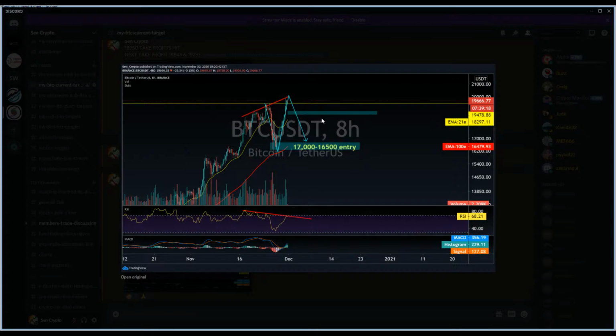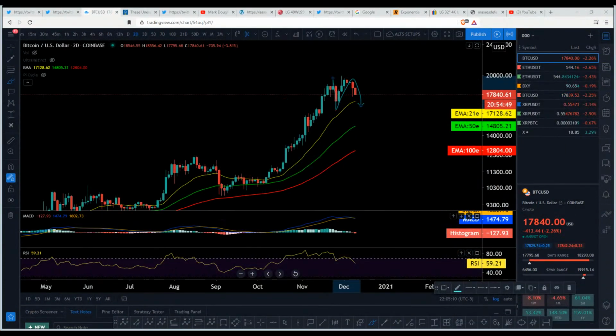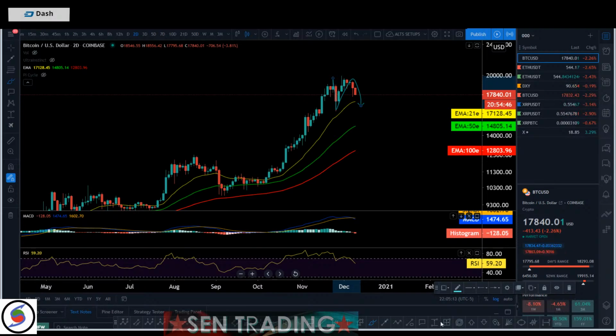So I put this band, this light green band, because I was anticipating a correction in this range. The 21 EMA on the 8-hour basis is moving up, right? So I was like, okay, we're most likely going to see some sideways correction within this range. That's why I put a green band right there, just to remind myself we might not be able to break it easily, right? But the ultimate target for the bulls could be the 17 to 16K area, right? So let's keep that in mind while we discuss the 2-day time frame and all of that good stuff, right?